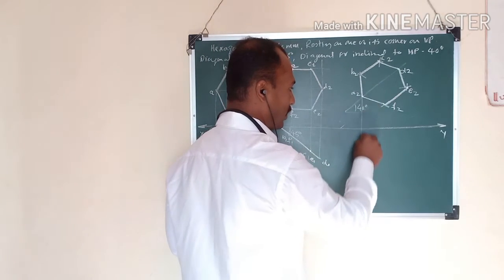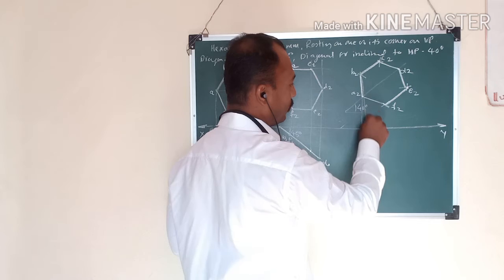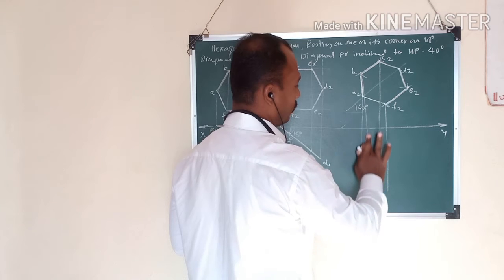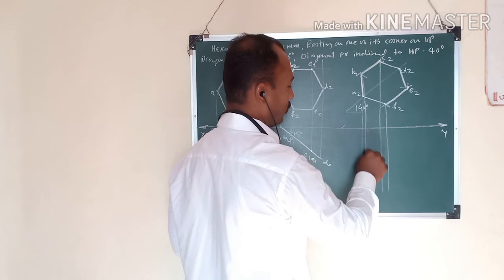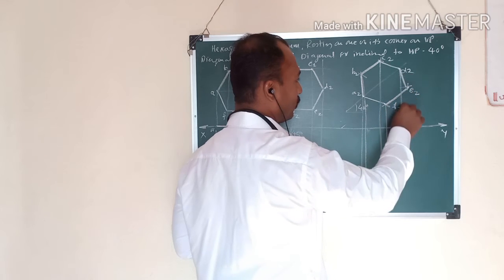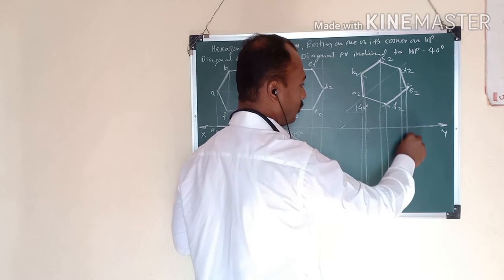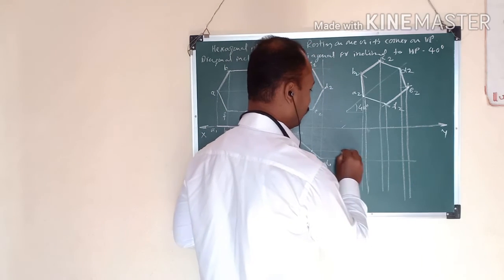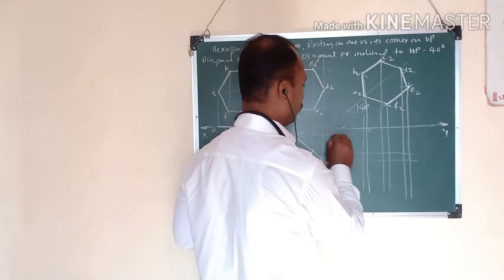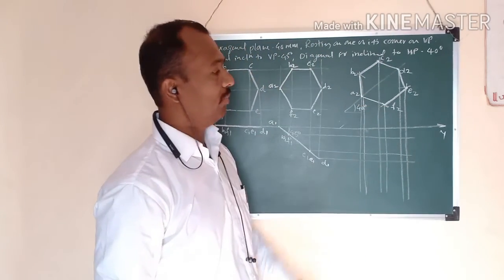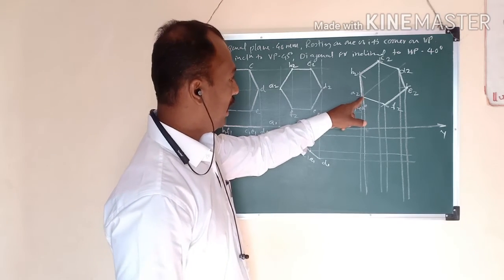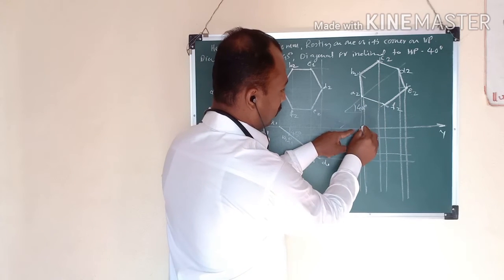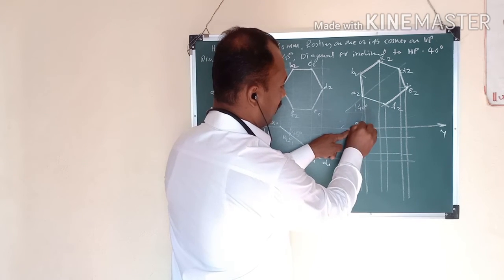Now project all these points for the top view. You will get the point like this and take the projection from this view also. इस व्यू से और इस व्यू से हमने प्रोजेक्शन ले लिया. So यहाँ पे ये A है, here there is A at the intersection of these two. See, this is the projection, this one is the projection, this will be A3.